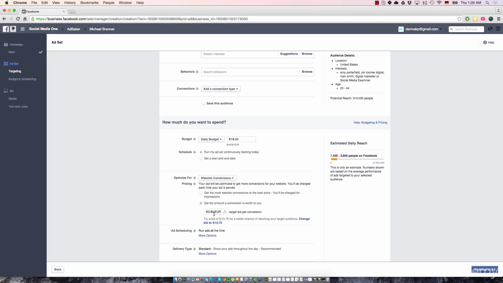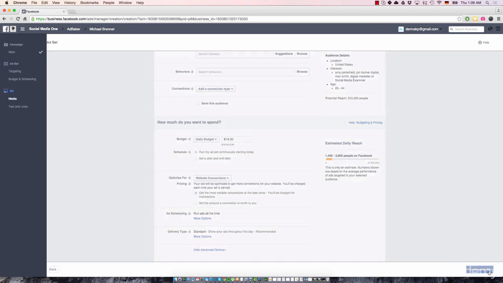First of all, you will never pay as much as you enter here, as it's just a bid, right? It's never the end price. And since we were testing with a small budget and you want Facebook to do all the hard work for you, keep it to the default option. So optimize your ads, your campaign for website conversions, and then get charged on an impression basis. If you're done with that, click on continue to add